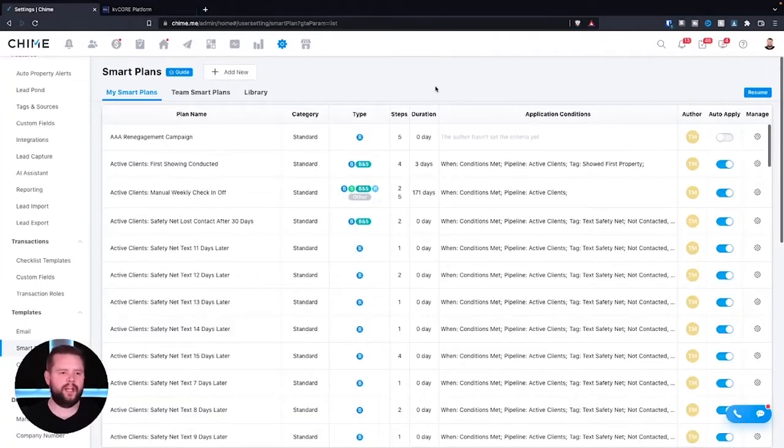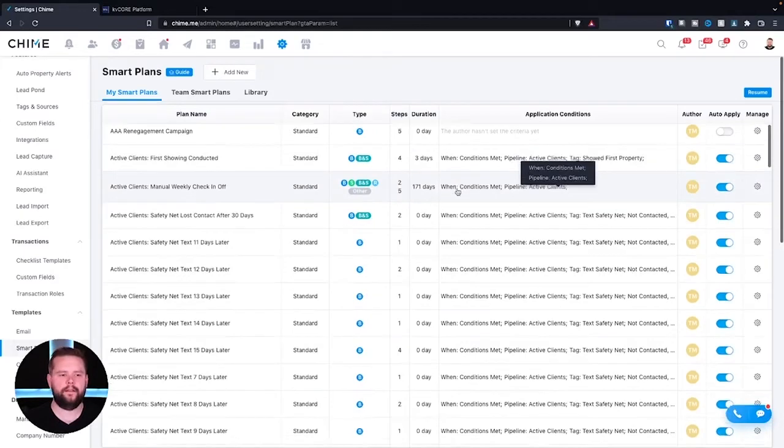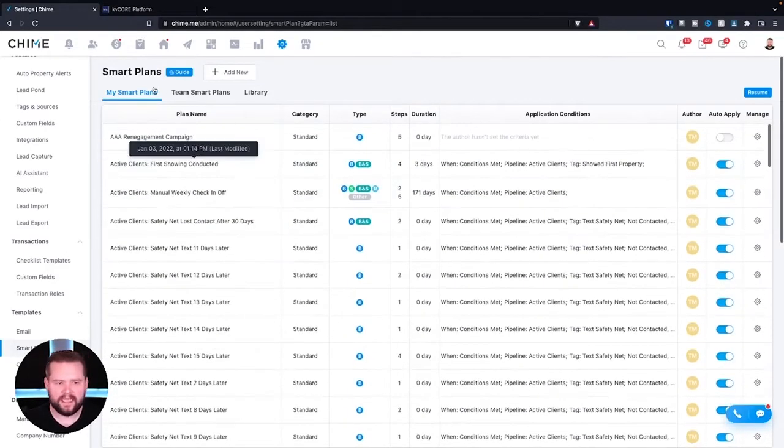Now going over to the Chime CRM smart plan library, it is significantly different. The way their automation works is a lot different. First up, you have My Smart Plans. You can do your team smart plans. So if you're on a team, you can see those. And then you got a library, so you can kind of search through a bunch of pre-made smart plans already